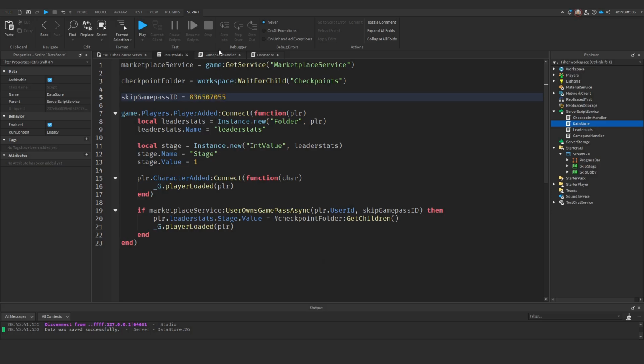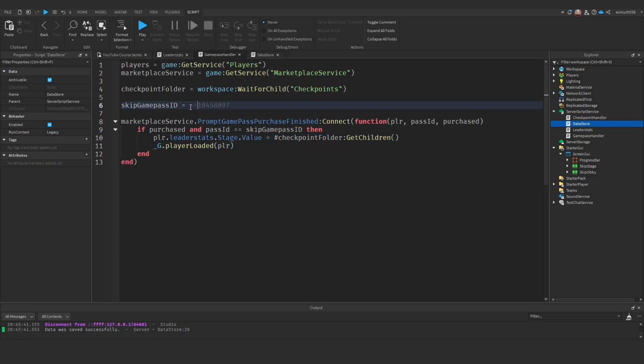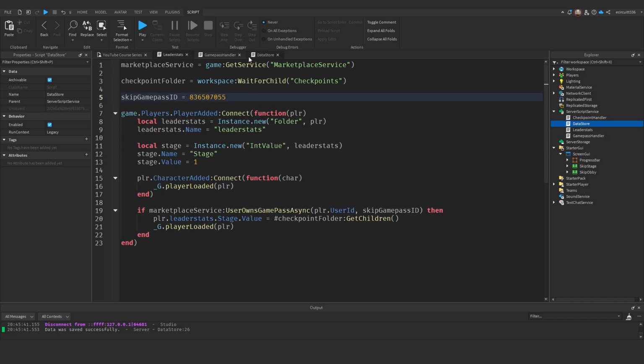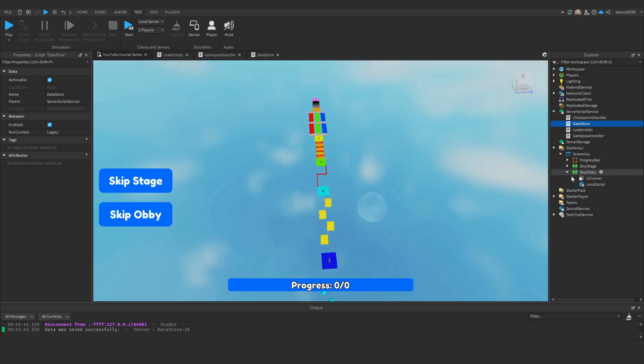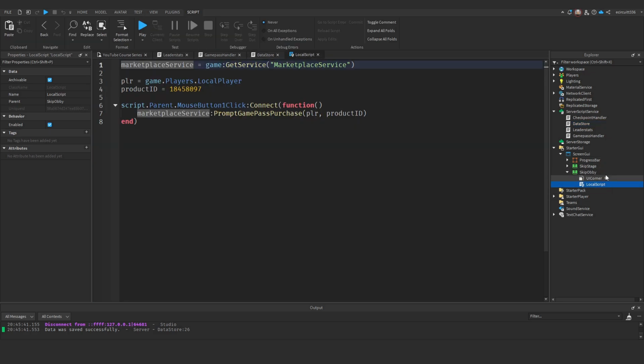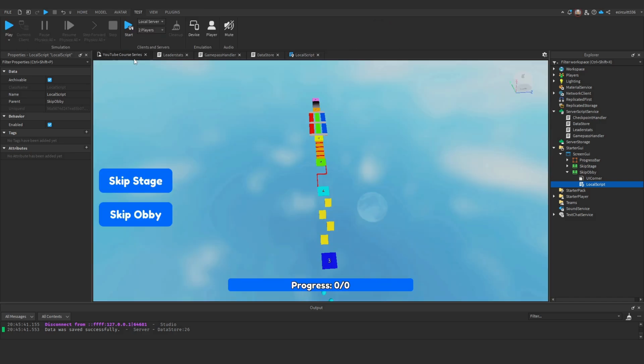Now let's replace our saved IDs with this one. I'm just going to make a note of what my one is again, just because I don't still have it in that text file. I think that's it. Where else did we have it? We also had it in the... Don't forget to change it in this local script here. There we go. Now if we hit play